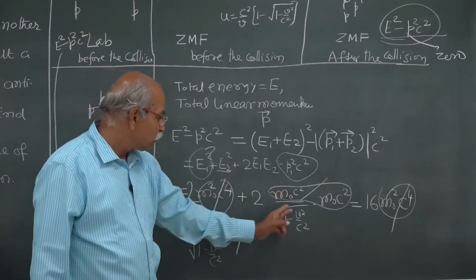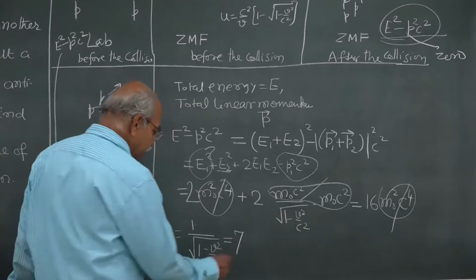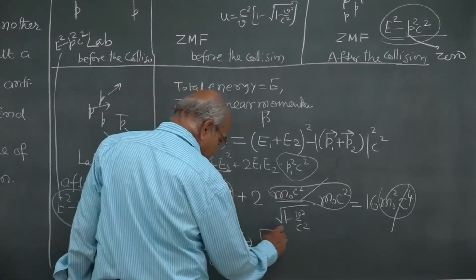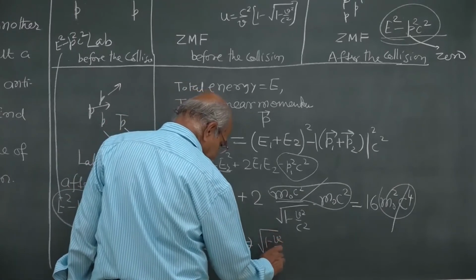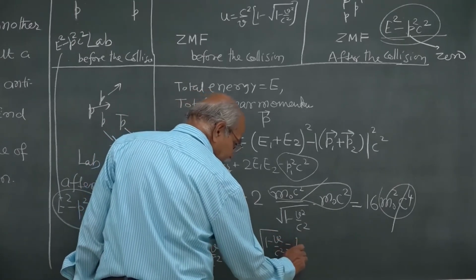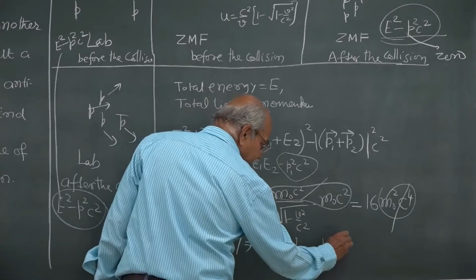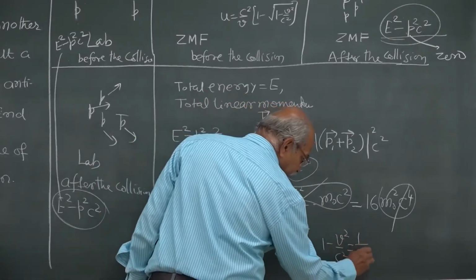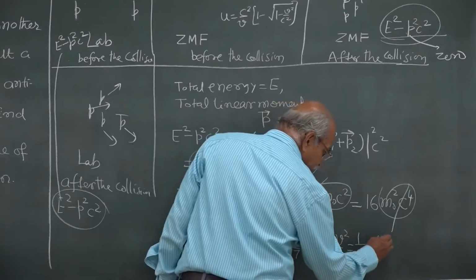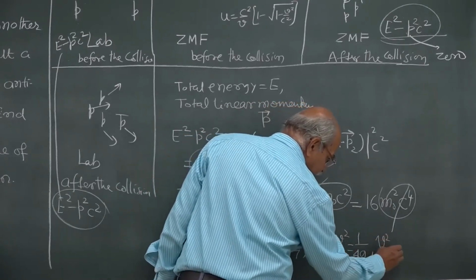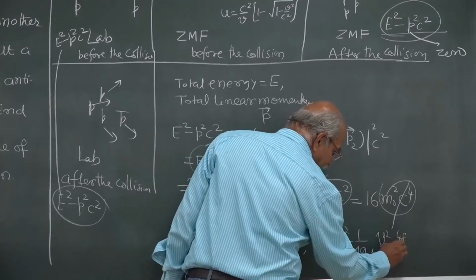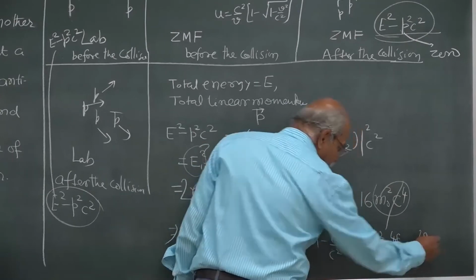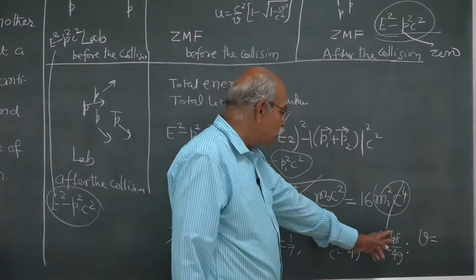So 1 by square root of 1 minus v square by c square is 7, and that tells me square root of 1 minus v square by c square is 1 by 7. So 1 minus v square by c square is 1 by 49. So v square by c square is 48 by 49, and therefore v is equal to square root of this,